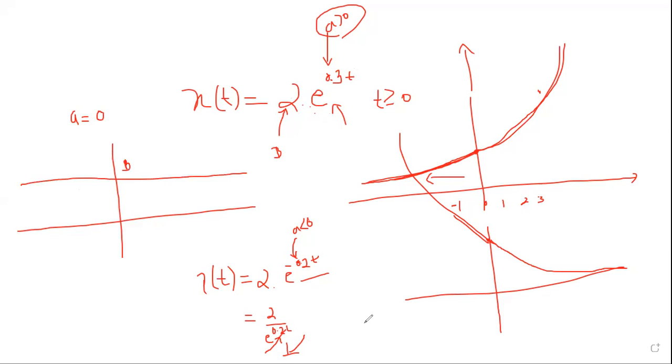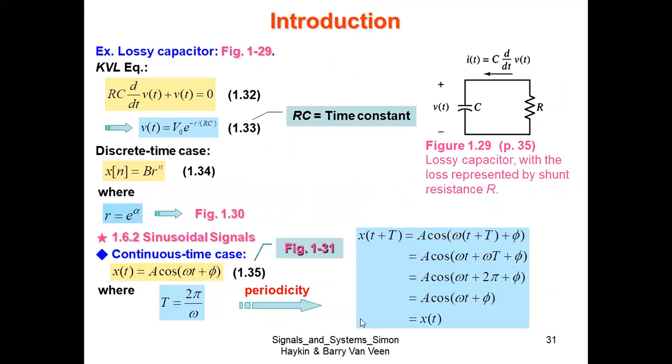Now let us go back and see how things change in case of discrete time. Okay. So this was convincing. Now let us see an example. What the author quotes is the behavior of a lossy capacitor. We studied this, right? A real world example: I equal to I naught e to the power t by RC, those kind of things. You might have studied the diode current equation, I equal to I naught e to the power V by eta Vt. That was an example of exponential.